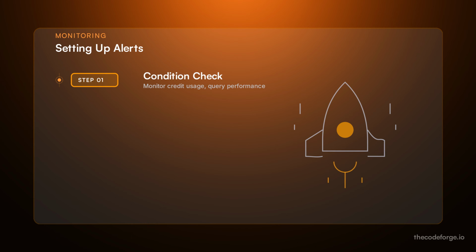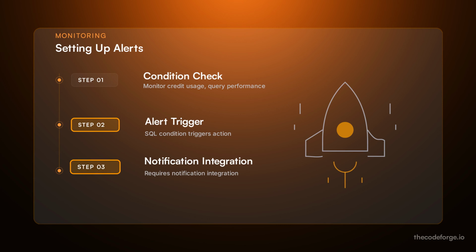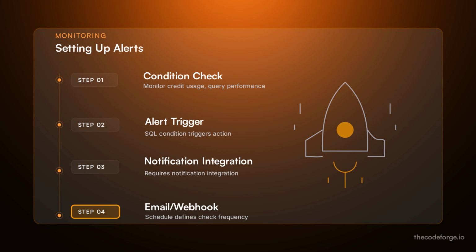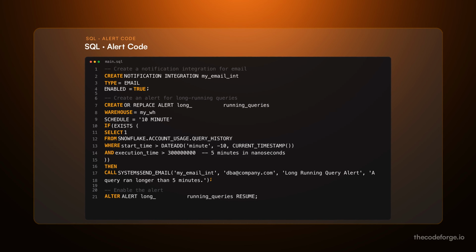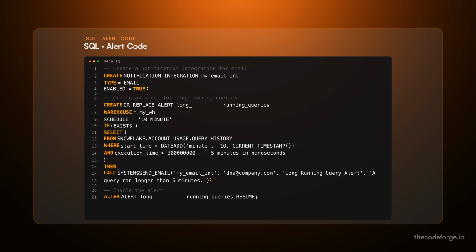Alerts allow you to monitor conditions like high credit usage or long-running queries. They send notifications via email or webhook when conditions are met, and the schedule defines how often those checks run. This alert uses DATEADD and current timestamp to check every 10 minutes for queries over 5 minutes, then calls system$send